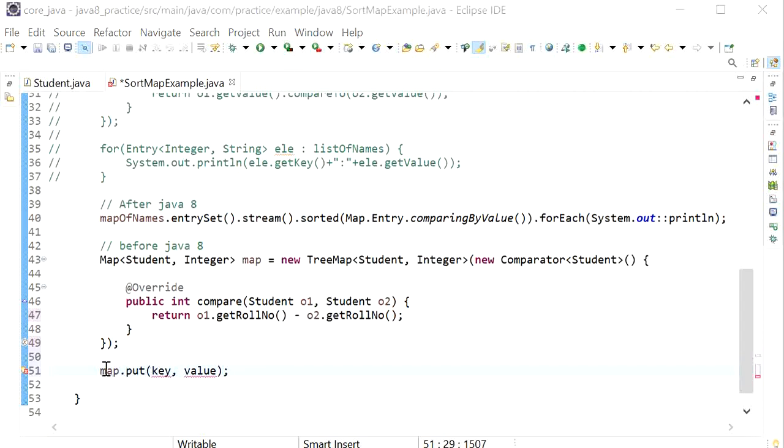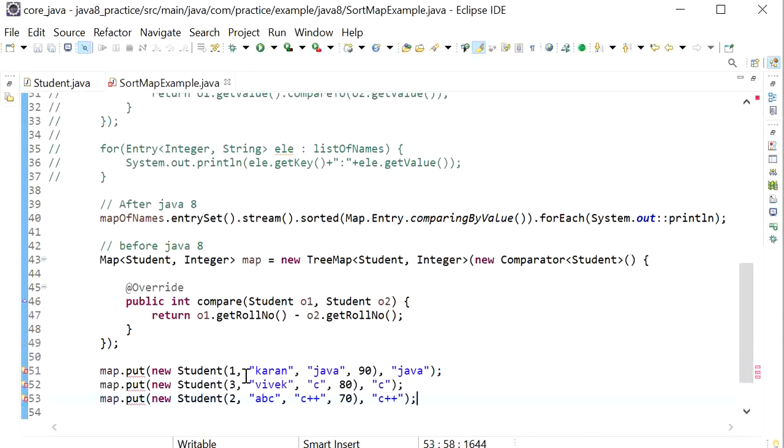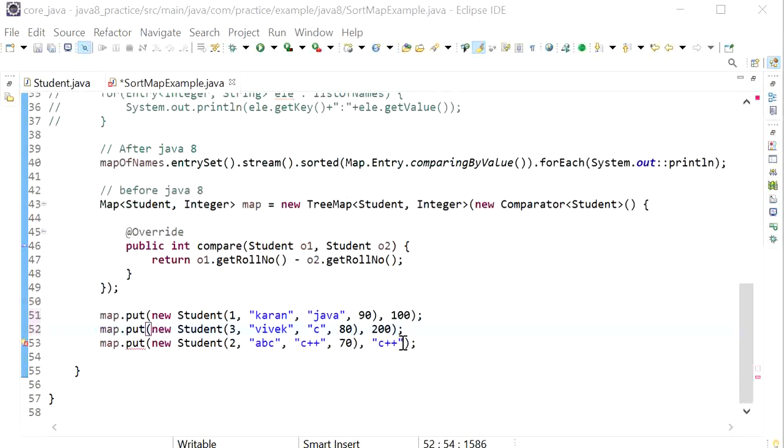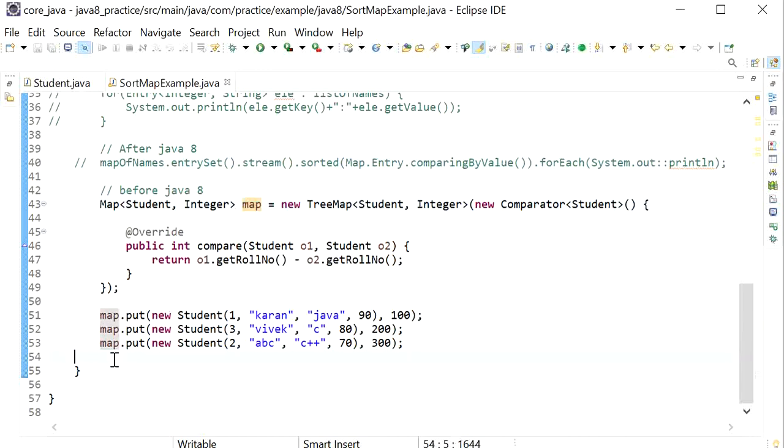So here I am adding a few properties in this map, and here we just need to change the string. We are using integer. After this we just need to check. So first I will comment this code, and here we just need to print this map.